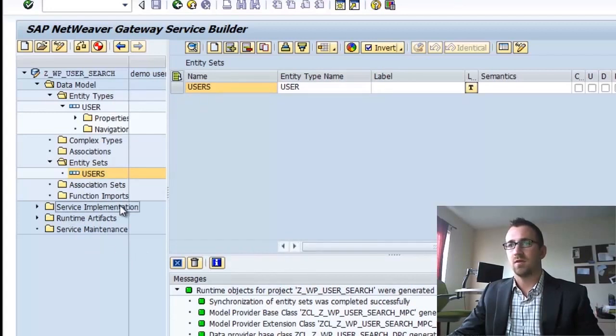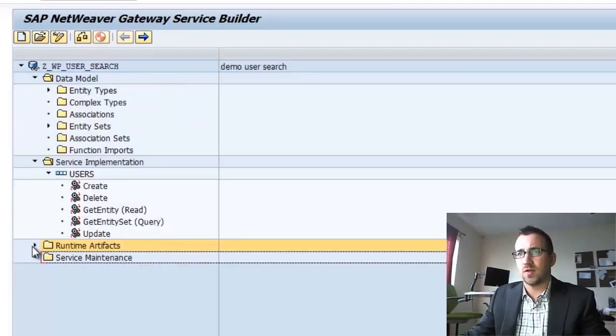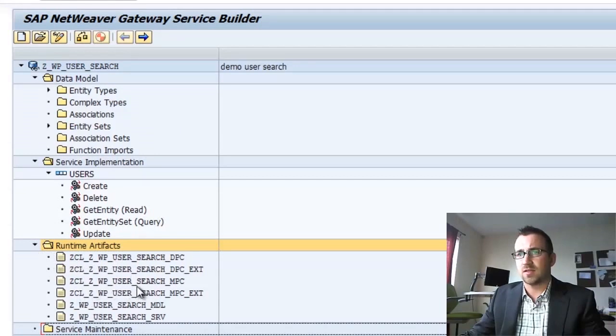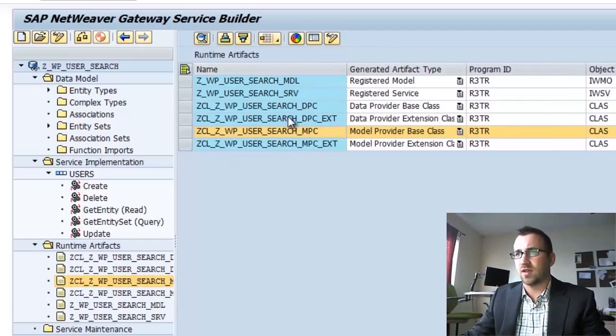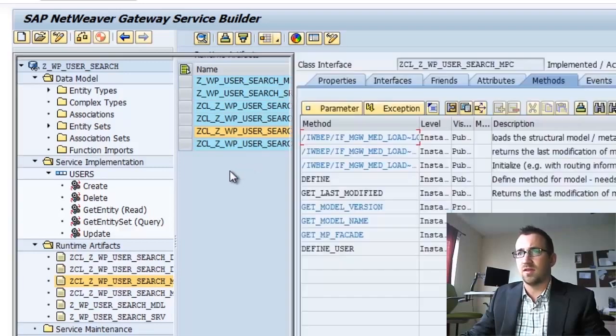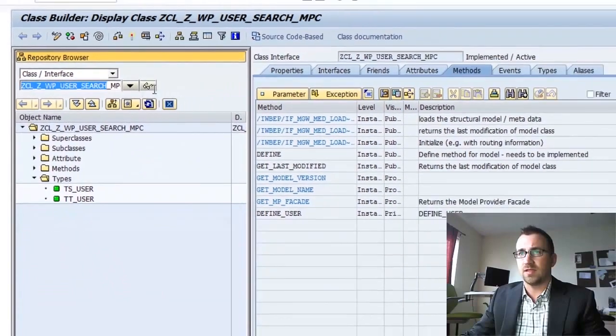Alright. So now we go under Service Implementation, and you can see we have a couple more methods. If I go to Runtime Artifacts and double click on this class here, the user search MPC, go on this model, and then I double click on the second from the last one here, ZCLWP user search MPC. You can see in this class I have a couple types, TS user, so that was created upon our generation. So I'm going to reference this, so I'm going to copy the class here,